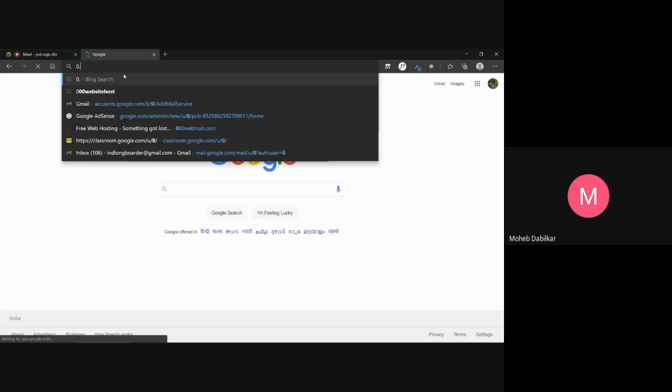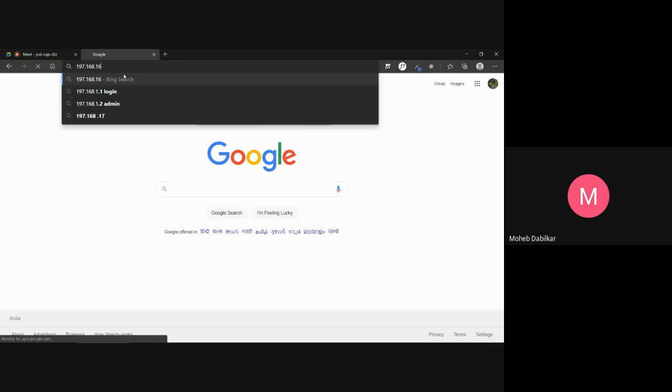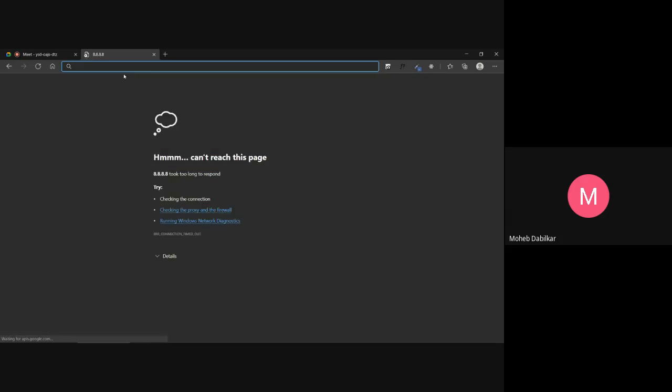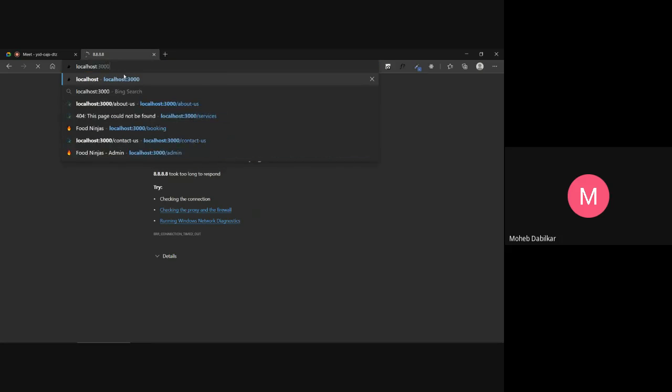But when you're developing, you have localhost. This is your DNS name, given to you by default, and the IP address for you is 127.0.0.1.